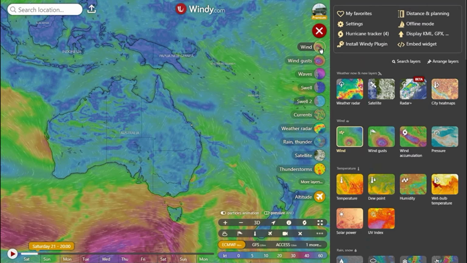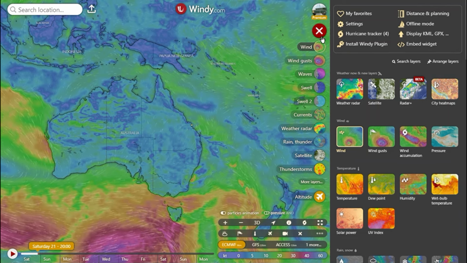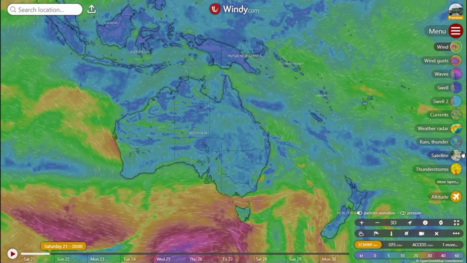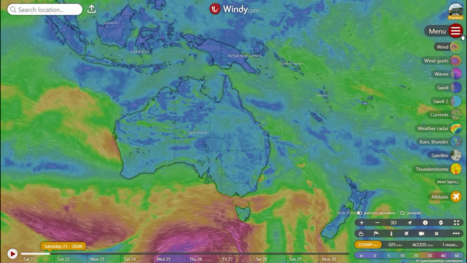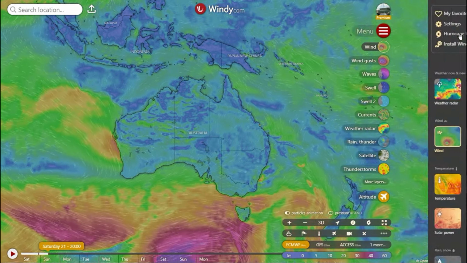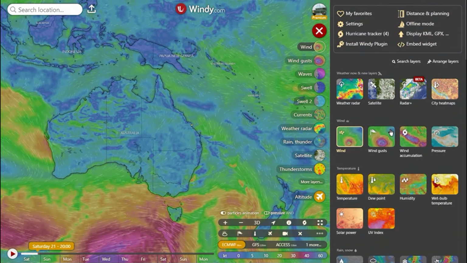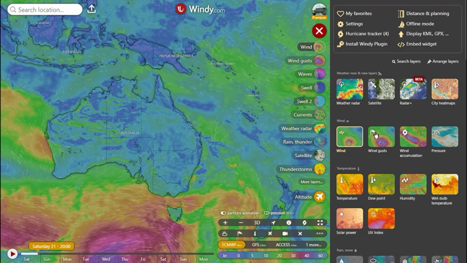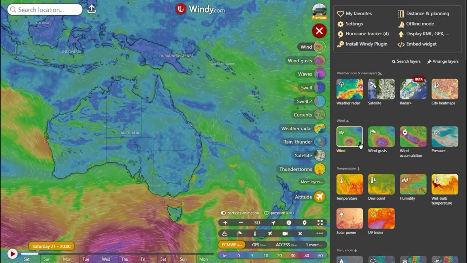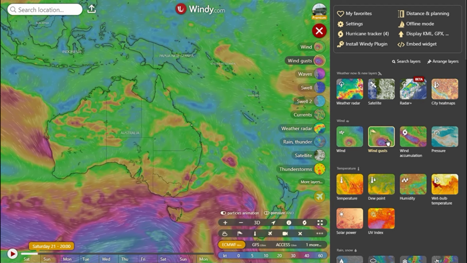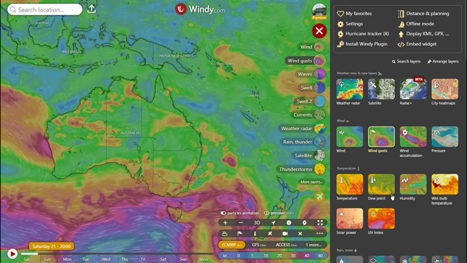Now, down the side of the screen here, if I shut that hamburger menu, you can see that down the side of the screen I've got these little icons, and you can set them up. If I go back to the hamburger menu, these are all the parameters you can put, all of the different windows that you can look at in Windy. So I've got the wind window up now. I can look at wind gusts. There'll be a different window. I can look at